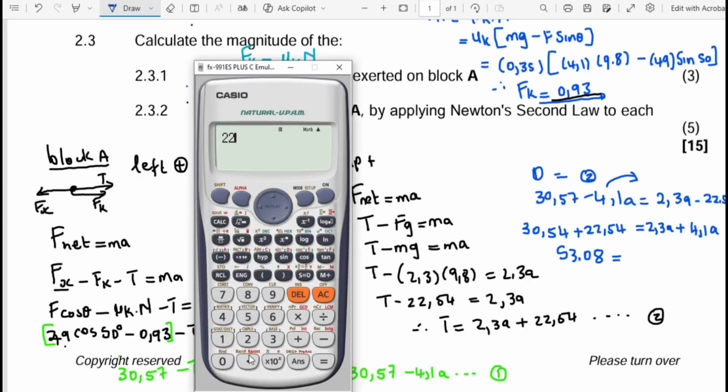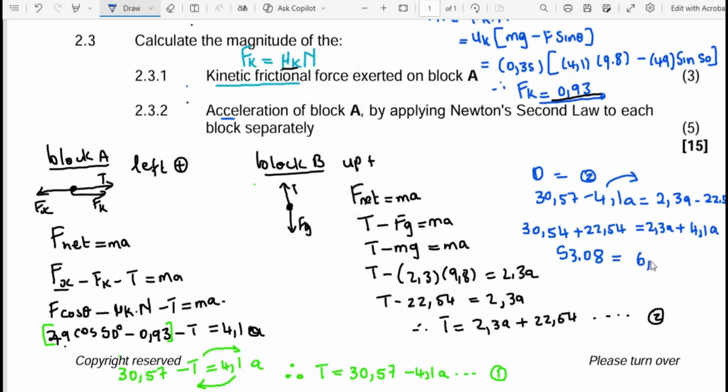So I think you guys can see how easy it is for you to collect the marks. 2.3, we need to add this with 4.1. This gives us 6.4. So this is 6.4. Divide both sides by that 6.4. Therefore, the acceleration is equal to